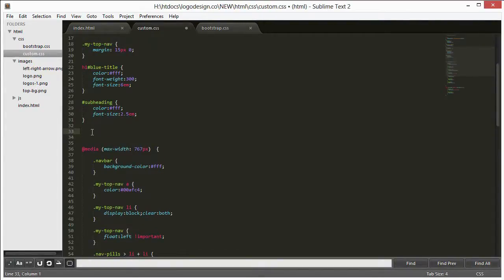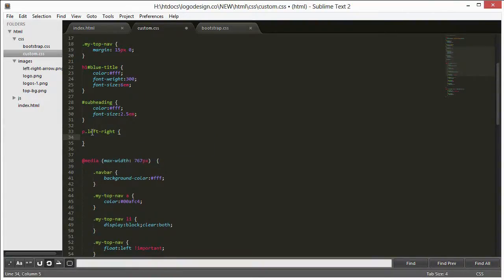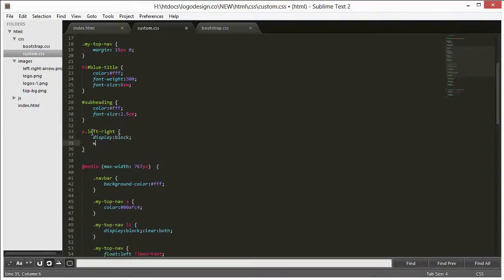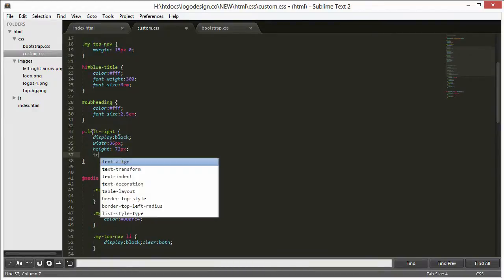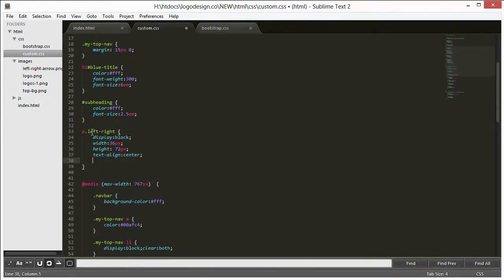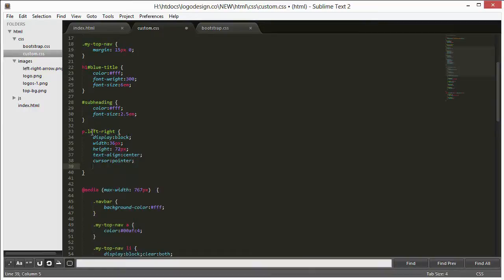And so the first one will be p-left-right. And we'll do display block. Width is 36 pixels, which is the width of one of those arrows. The height is 72. And then we're going to have text-align center, cursor pointer, which is the cursor that makes it look like you're hovering over a link, and then margin, we're going